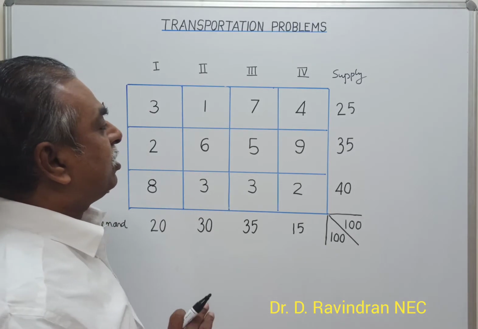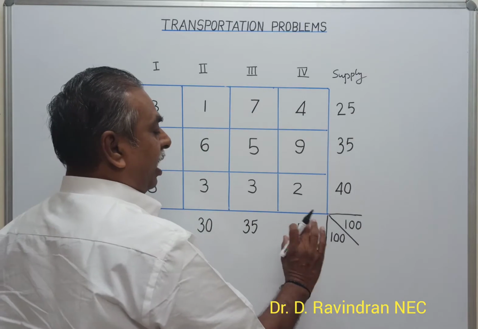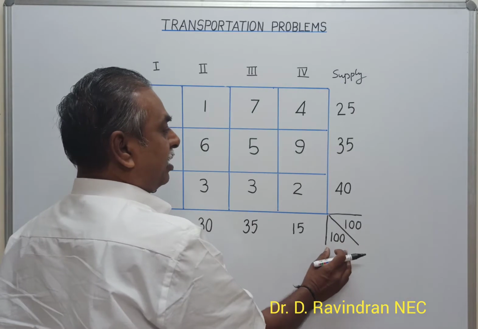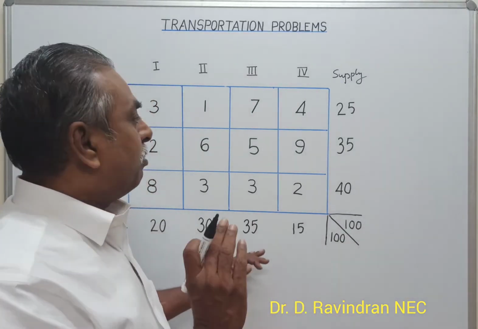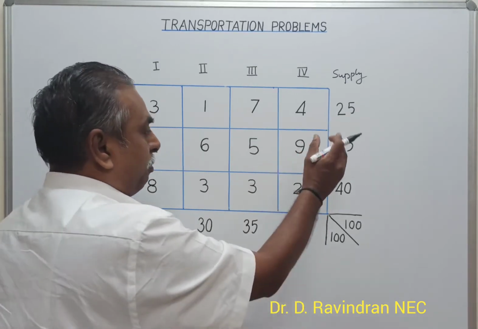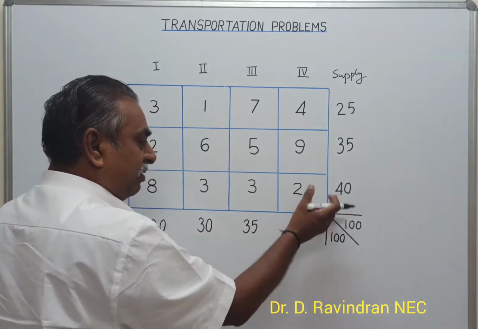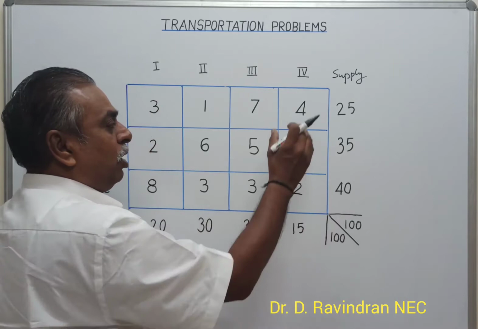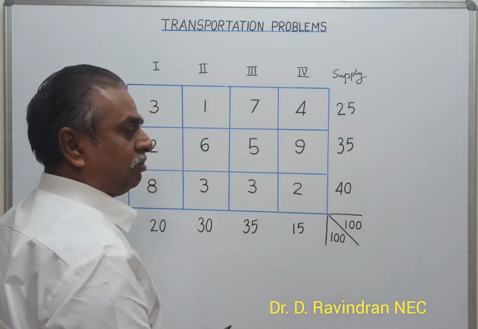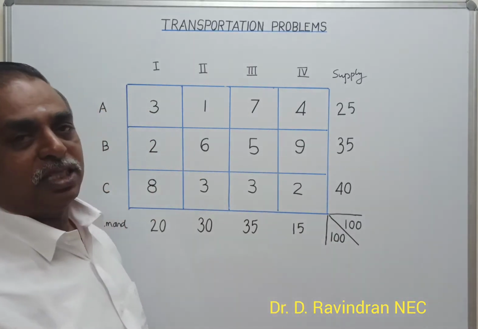Now initially, before solving this problem, we have to see whether the supply and demand are the same. Here the supply is 100 and demand is also 100. So this problem is said to be a balanced problem. Suppose it is not matching, suppose supply is extra, then we can introduce one more demand center, adding a row or column with the difference value, so that you can match this. In forthcoming lectures we will see some unbalanced problems.